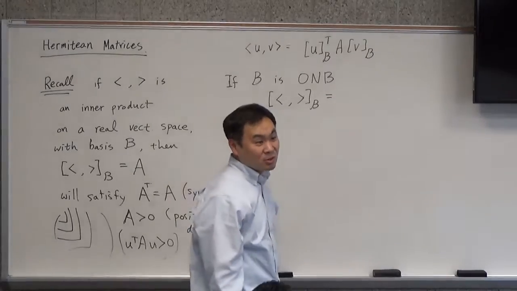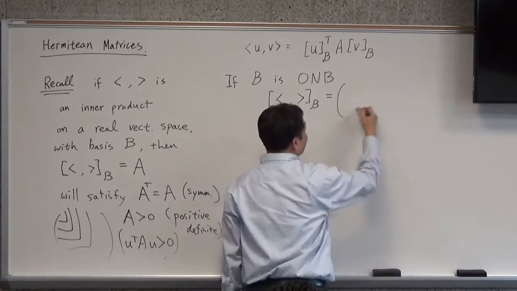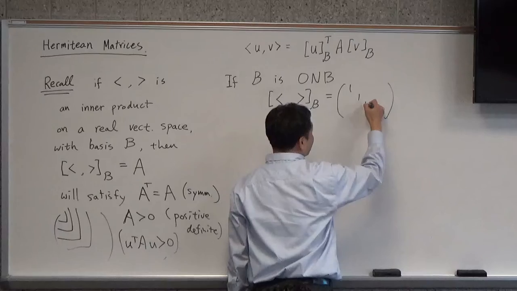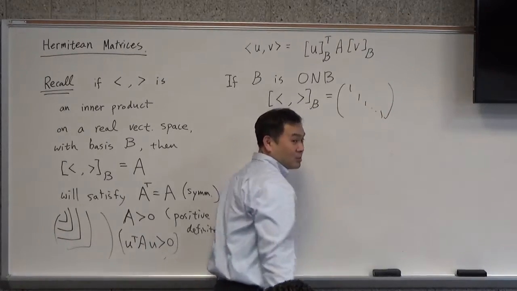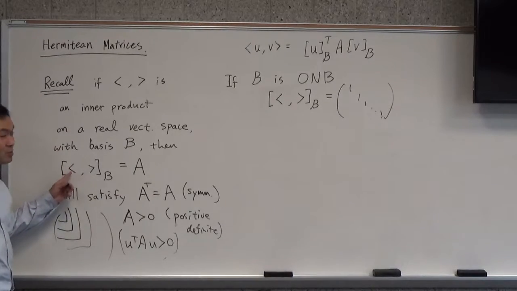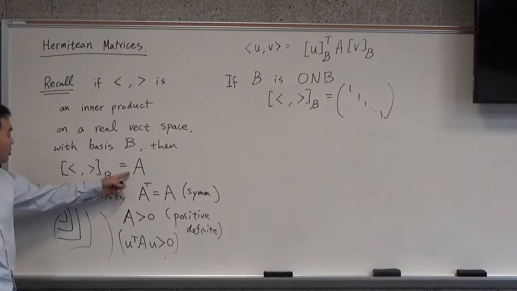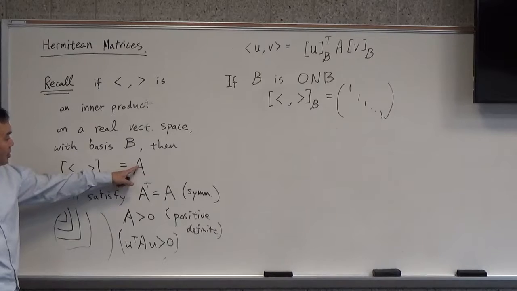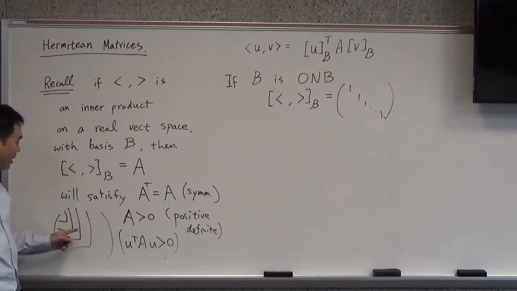What is it? You end up with the identity matrix, right? Because when we did this exercise for a few examples, we realized that the elements in this matrix A are really